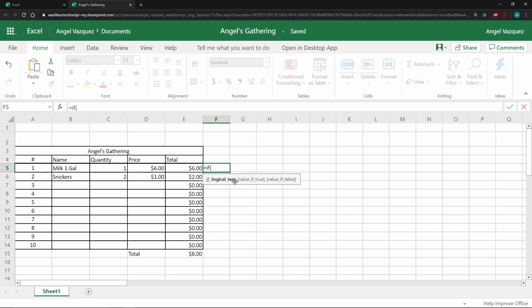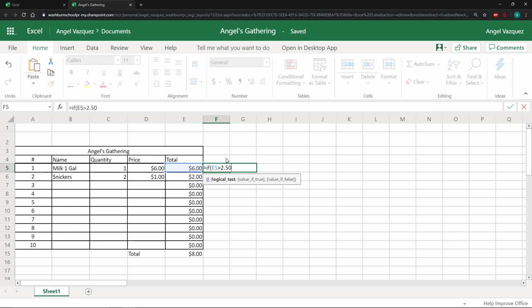And you can tell Excel what it's going to show if it's true or false. So let's say IF, open parenthesis, this one, E5, if this cell is bigger than, do you remember the bigger than, lesser than symbols, or equal to? Yeah, we use them. So if it's bigger than